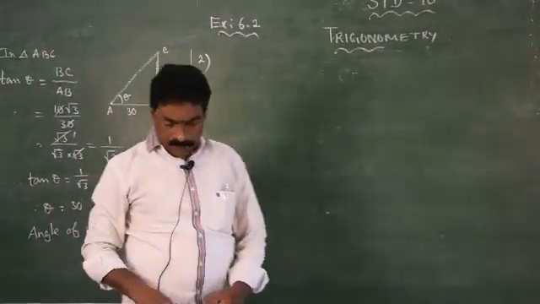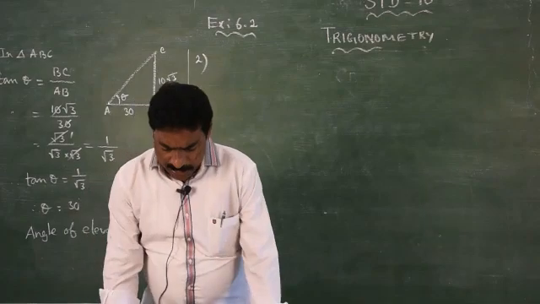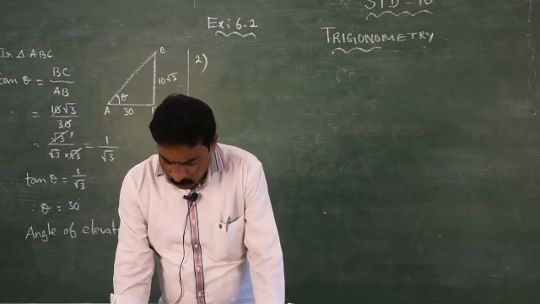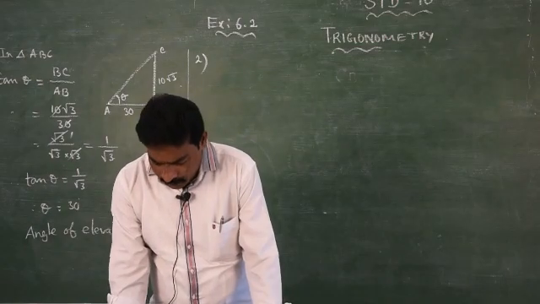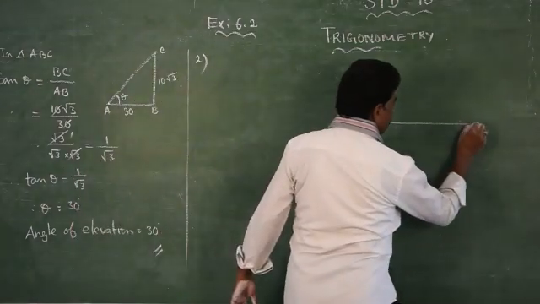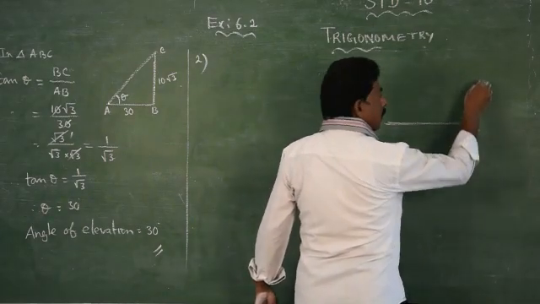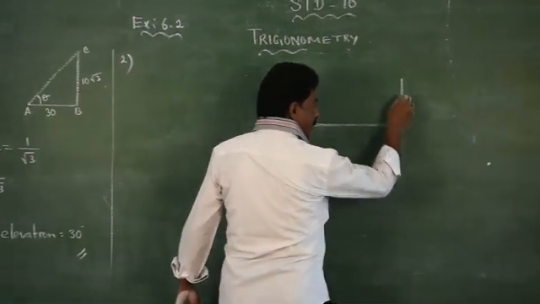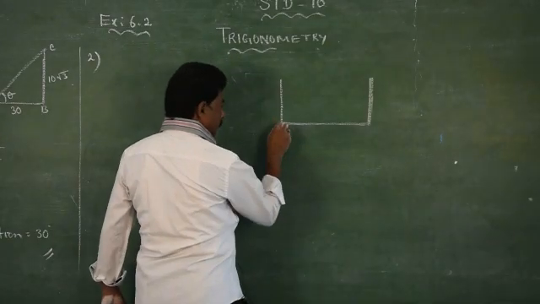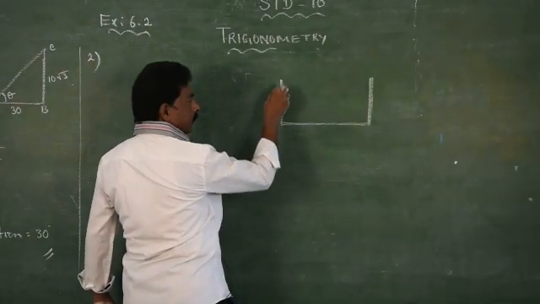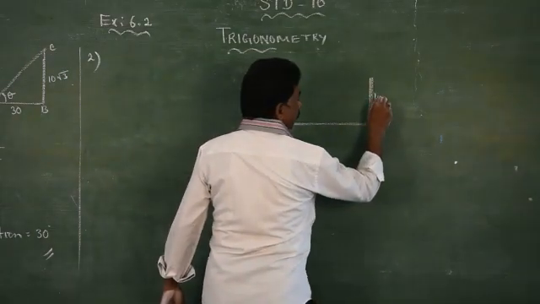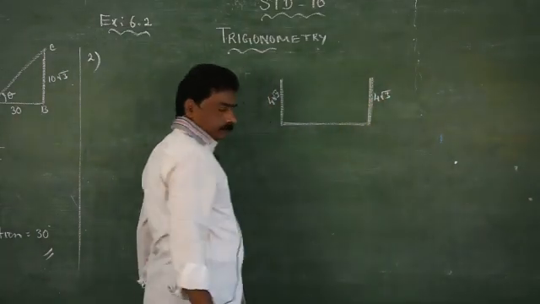The second sum. A road is flanked on either side by continuous rows of houses of height 4 root 3. A road is there. On both sides, houses of the same height are flanked without gap. So, what are both sides? First house 4 root 3, second house 4 root 3. So, the height of each house is 4 root 3.